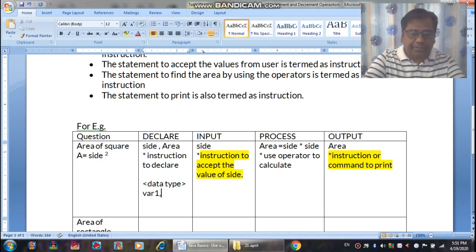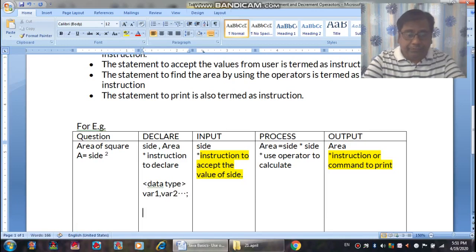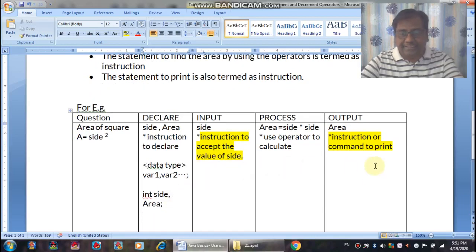For multiple declarations, variable 1, comma, variable 2, and so on, and finally end it by using the semicolon. Therefore, if we are required to declare two whole number storage values, we need to refer to int, then the variable name side, and the variable name area, and we have to put a semicolon.